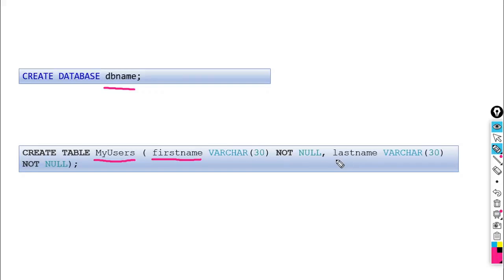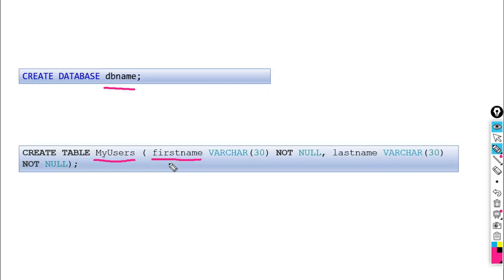The same thing is there for another field. The second field is last name. No space is there within the field name. Then the data type is again varchar and the total width is 30. So you can enter 30 characters for last name and you can enter 30 characters for first name. And again the constraint is not null. So you should enter something for last name. So here we have given a constraint for each and every attribute.